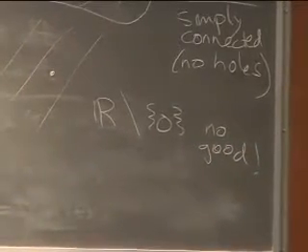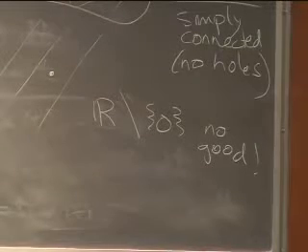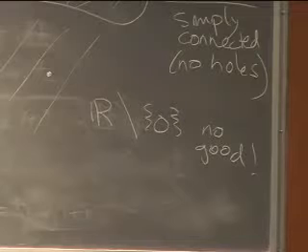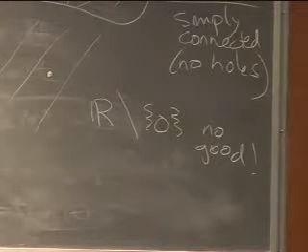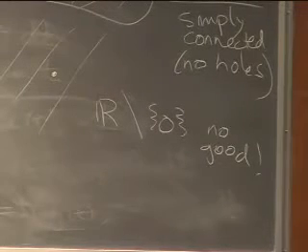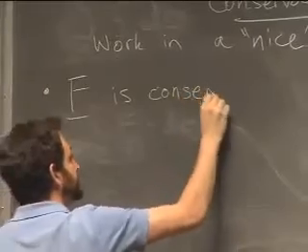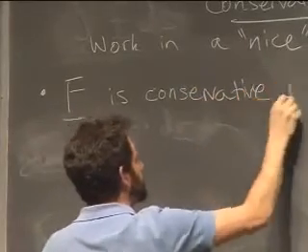Or rather, if you do use it, you have to disregard everything that I'm going to say. So you have to be very careful to work somewhere with no holes that's in one piece. So if you're working in a nice region, then the definition is that a vector field F is conservative